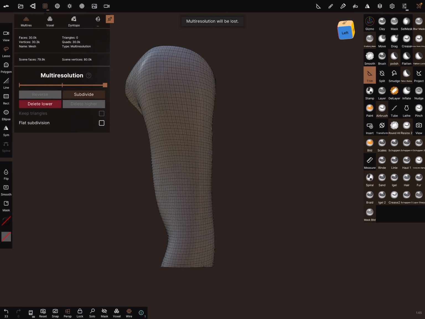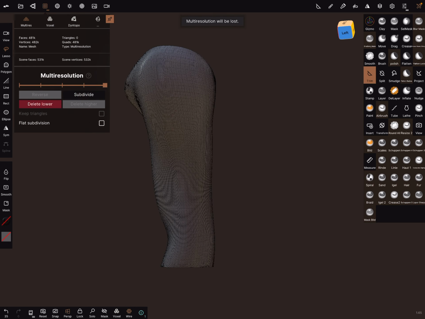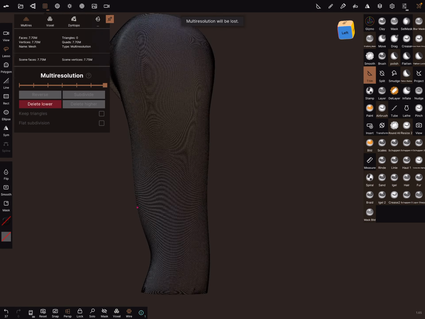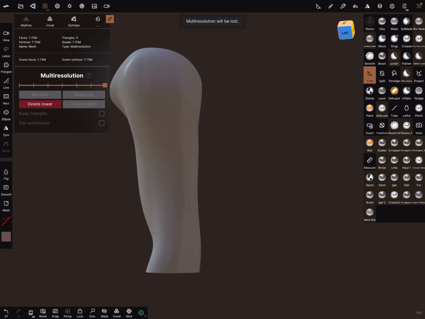Now we need a high poly mesh only to work with it. We subdivide the object and make it a real high poly count, as high as your RAM allows.